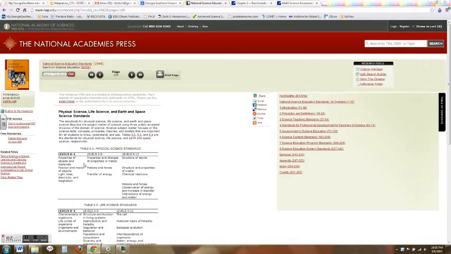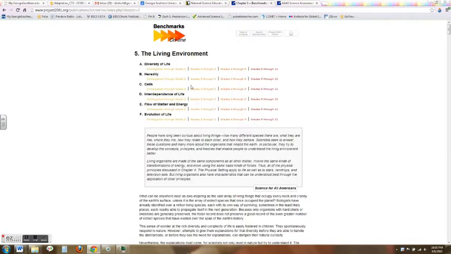When we go to the National Science Education Standards, they have really 2 levels that we're worried about, K-4 and 5-8. But when we go to the benchmarks for scientific literacy, they have 3 levels that we're worried about, K-2, 3-5, 6-8. So, what you need to do as the person creating this curriculum topic study is decide which way